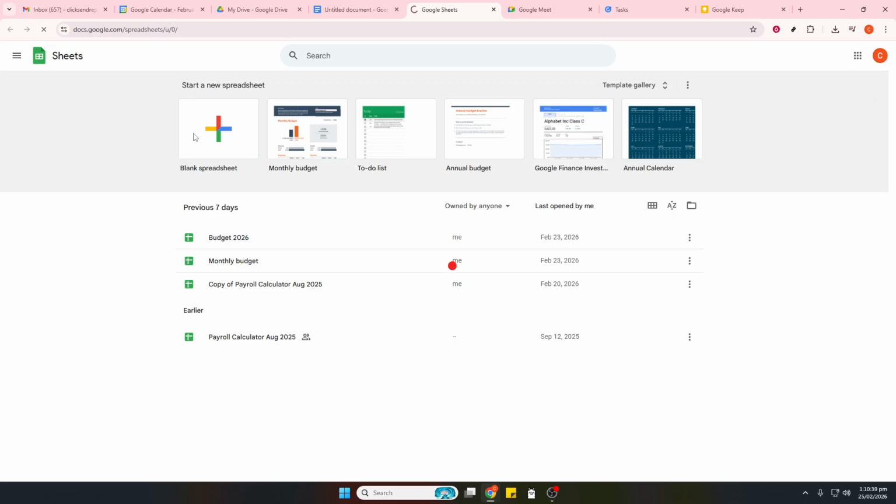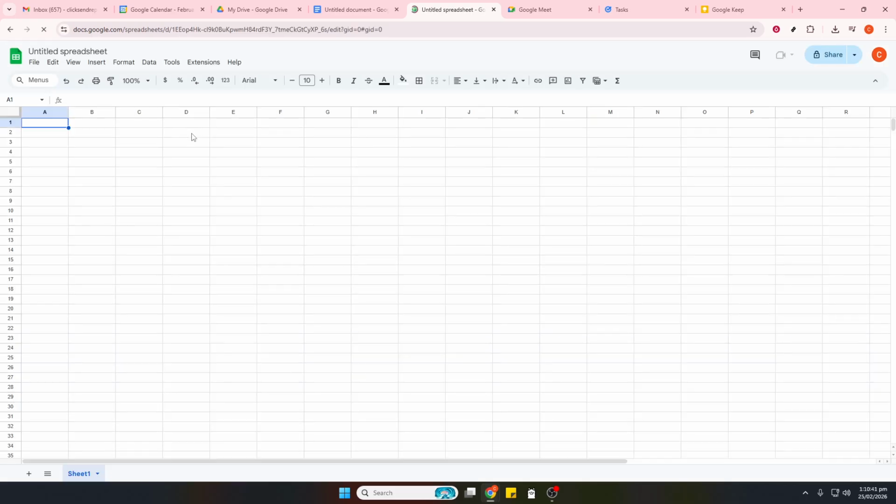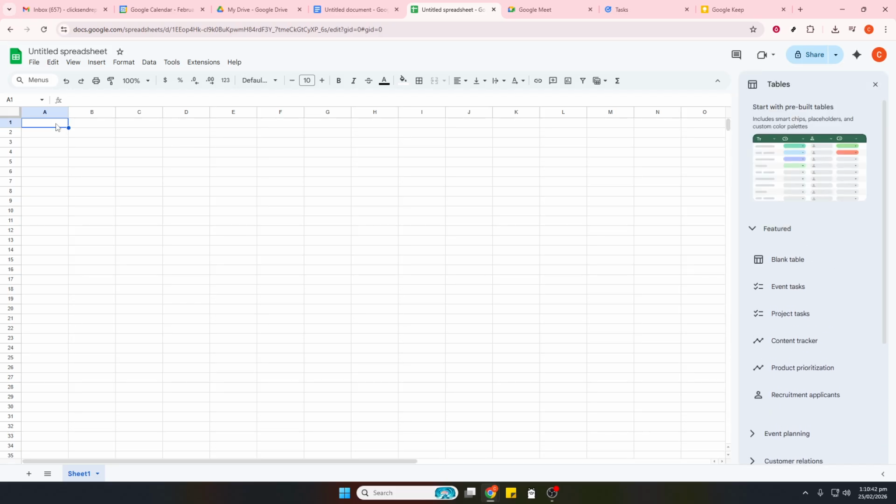For tracking, use Google Sheets. Build simple trackers for content, expenses, or leads. Apply basic formulas